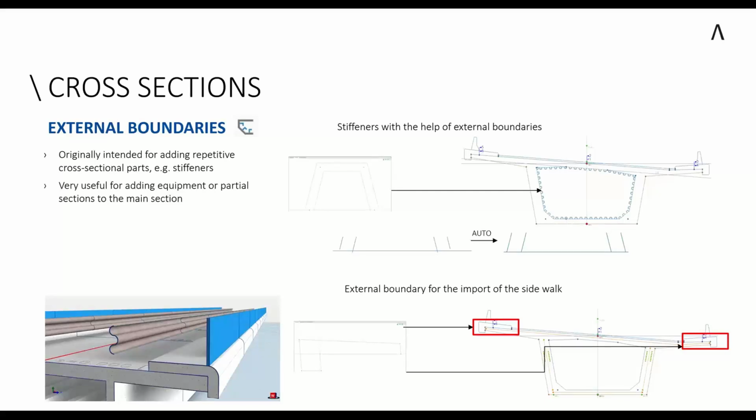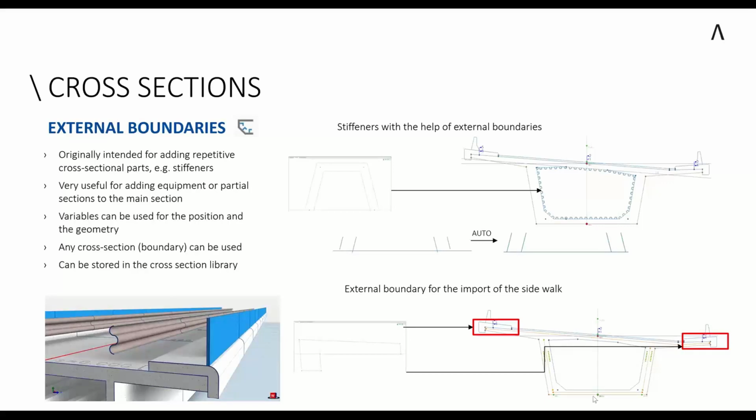And then we said, okay, that's a nice feature. Why don't we use them also for other stuff which maybe are not multiple, but still they are in a separate section, like a sidewalk or like a barrier. So the idea here is that, for example, if you have a look now here at the bottom, I have this sidewalk and it's also a standardized section. And as we've seen before, of course, even if the dimensions are changing, I can just by defining some variables quickly adapt it. Then I load it into my project,